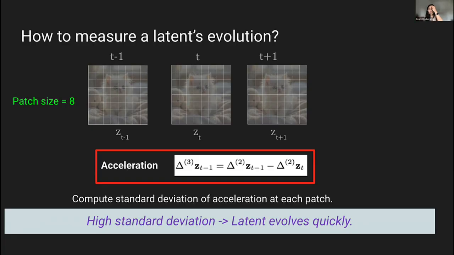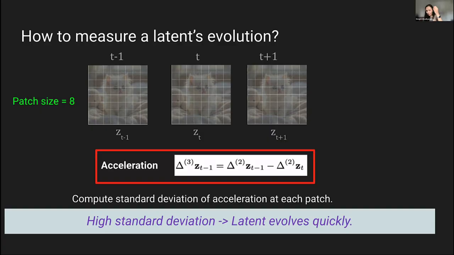Again, our hypothesis is if the latent is changing rapidly, then something finer-grained, like texture, is being generated. So we will allocate the smallest patch size so that we don't lose generation capability.